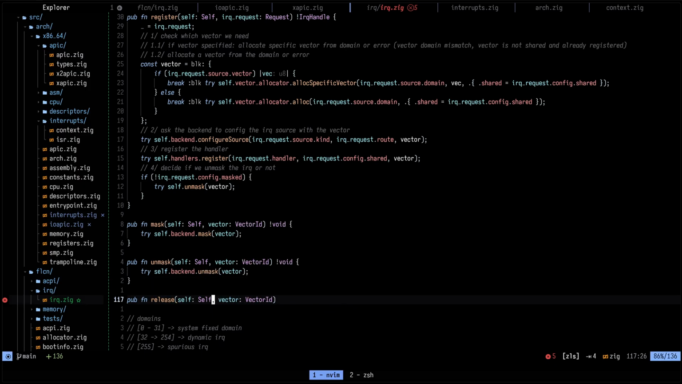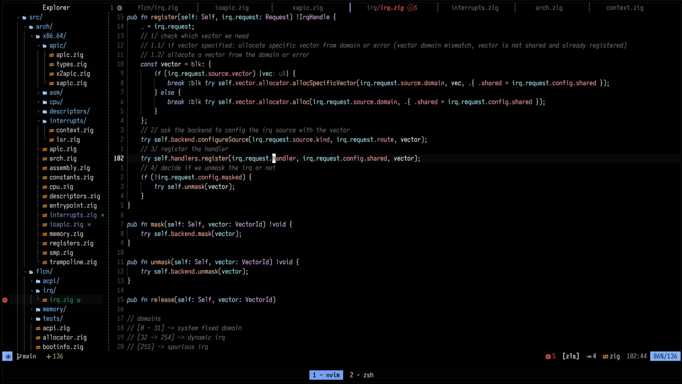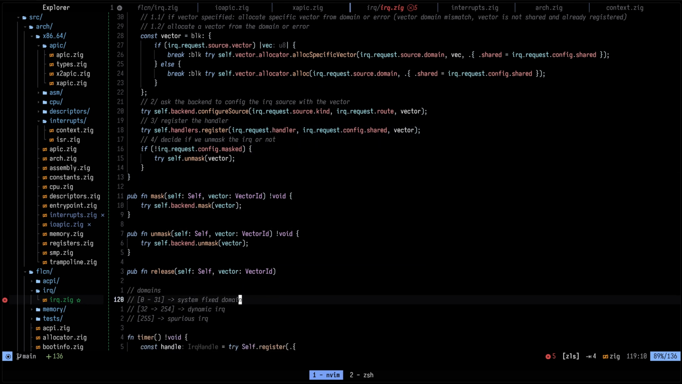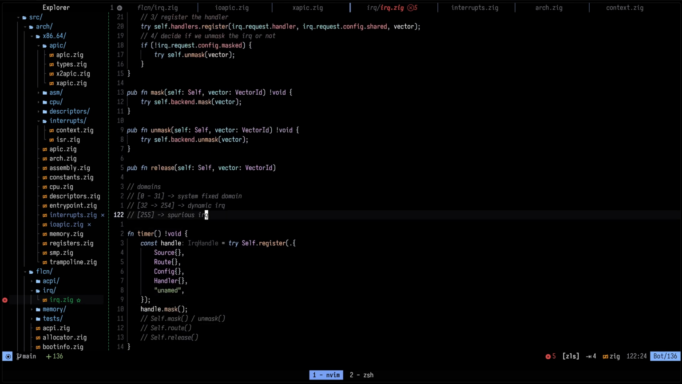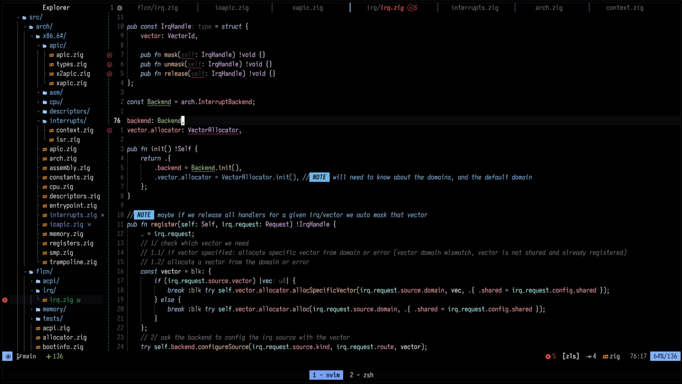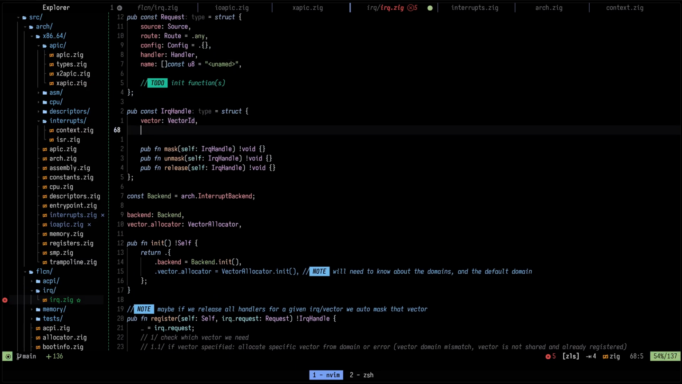No, no. We need more than just a vector, because, for example, if we want to unregister the handlers, we need to unregister the actual handler for that specific IRQ request that we've registered. So yeah, that might be a bummer. So here we need to also,